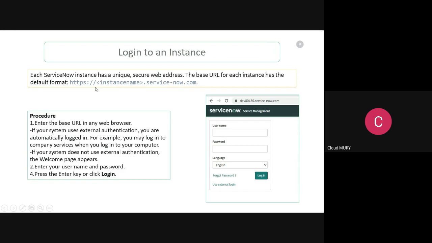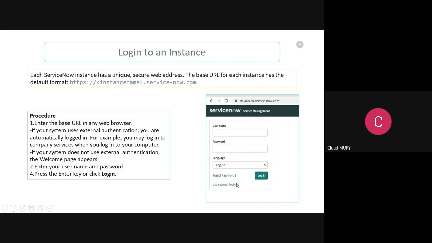What is your instance name? It starts with that number, Dave904050.servicenow.com. Once you give the name like this, you will be able to see this screen. As you know, your username is admin and your password is that complex password given by ServiceNow, which you can enter to log in.